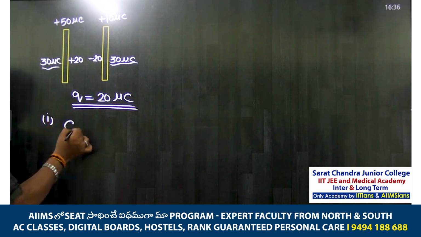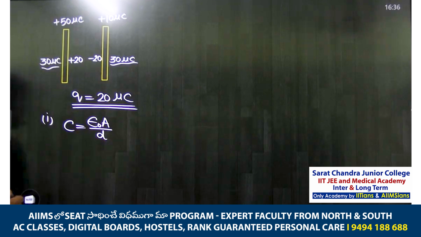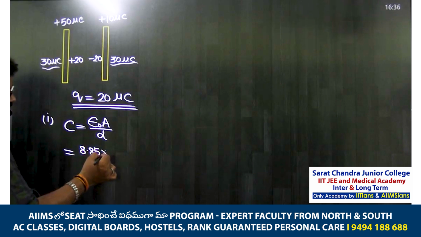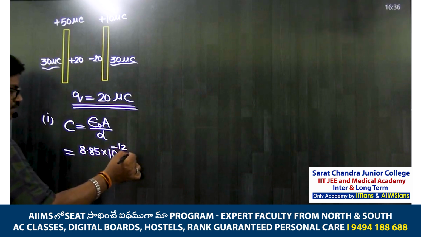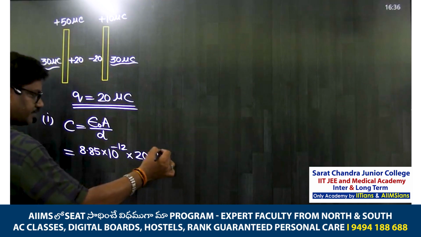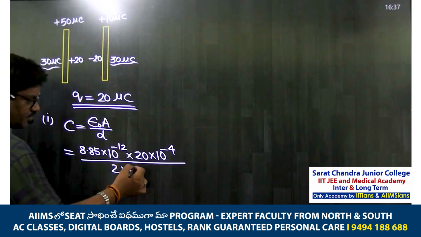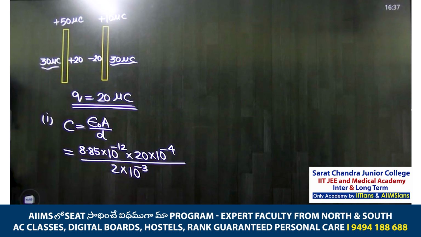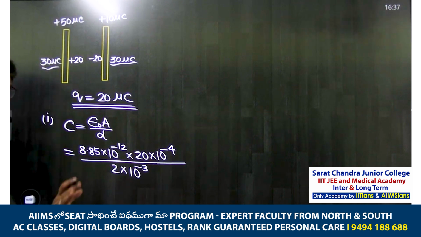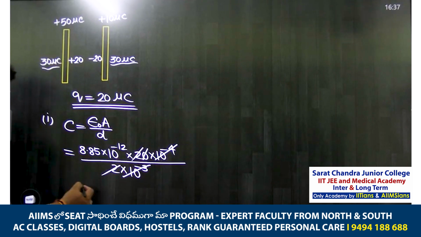First thing, capacitance. For capacitance, you don't need this charge. You can simply write down epsilon naught A by D. So how much is this? 8.85 into 10 to the power minus 12 into area, 20 centimeter square, by D. Am I right? Everybody? 2 millimeter is this and 20 centimeter square is this. So 3, 3, 2, 2, everything cancels. You are getting the answer as